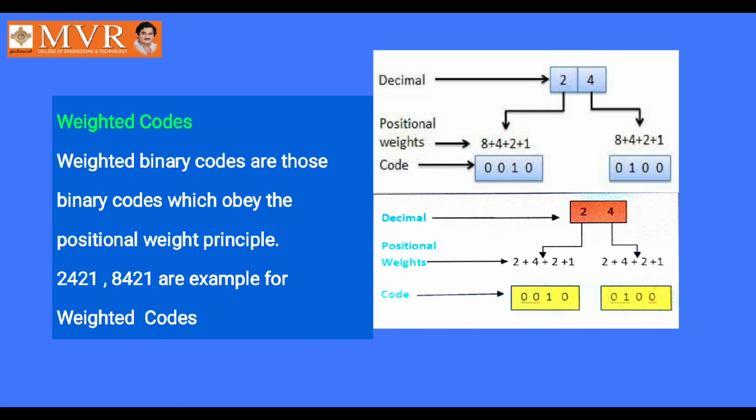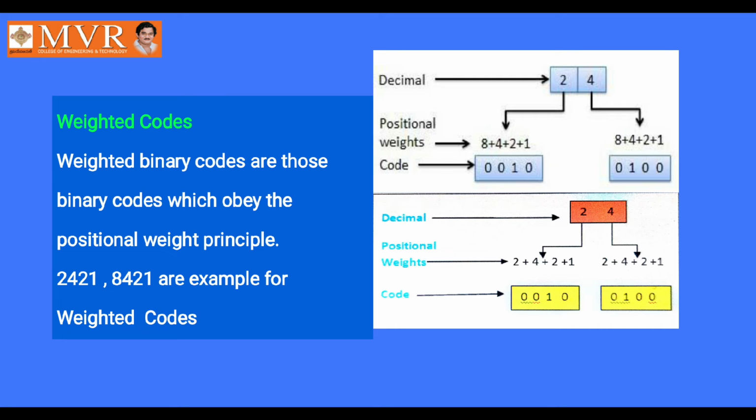Now, after discussing alphanumeric or non-numeric codes, let us have a discussion about numeric codes. As we have discussed, numeric codes are broadly categorized into two parts again. One is weighted codes and the second one is non-weighted codes. Let us first discuss the weighted codes. As I told you already, the two basic examples of weighted codes are 8421 and 2421. There are some other weighted codes also, but the very important basic codes are 2421 and 8421.